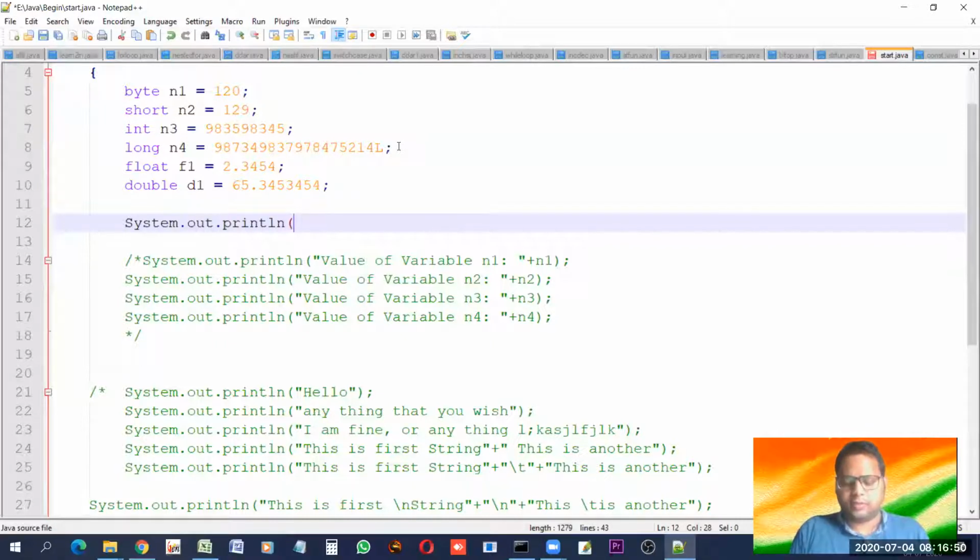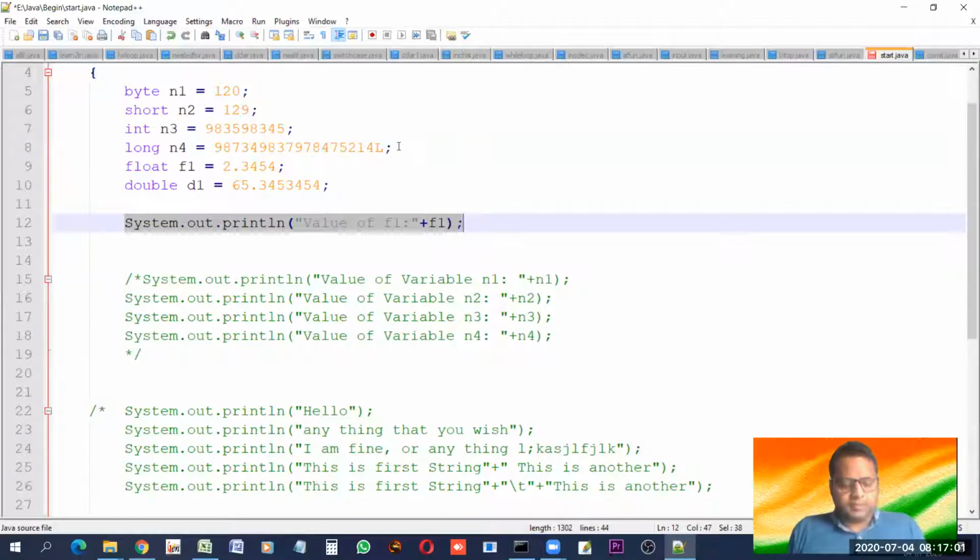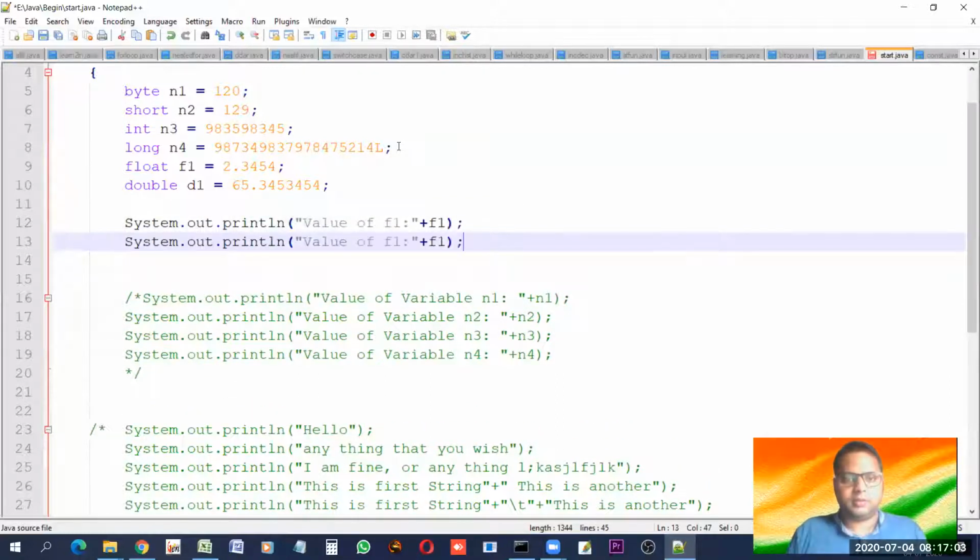System.out.println, the value of the variable f1, simply f1. And the value of the variable d1, d1 here.